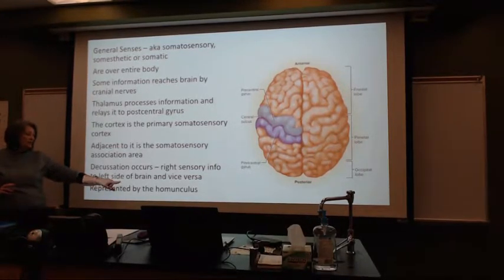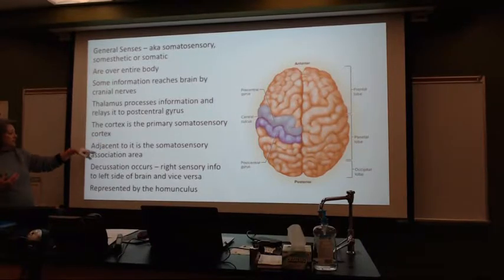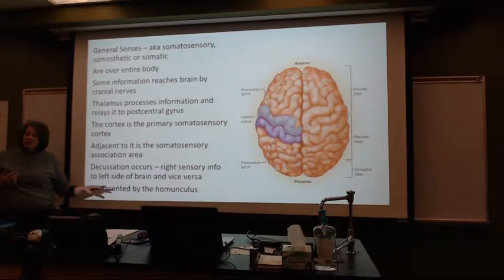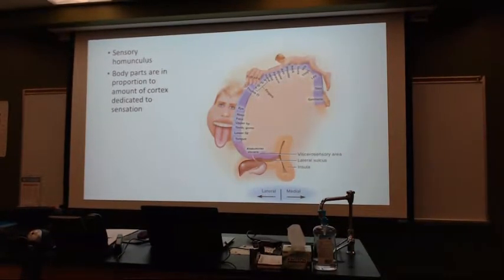And one of the things that we do to represent our sensory information, because that's the one that we left off at, is we get a representation of that based upon what they call the homunculus. What it was showing is that area of the cortex that is in proportion to the body part picking up the information. So the homunculus is telling us that with this sensory information, a lot of our cortex of this area of the brain is given to dealing with